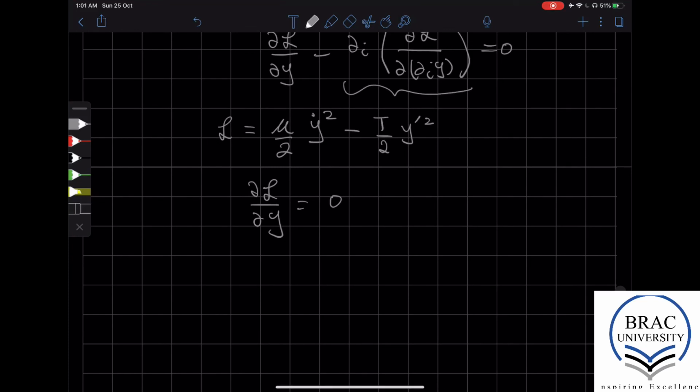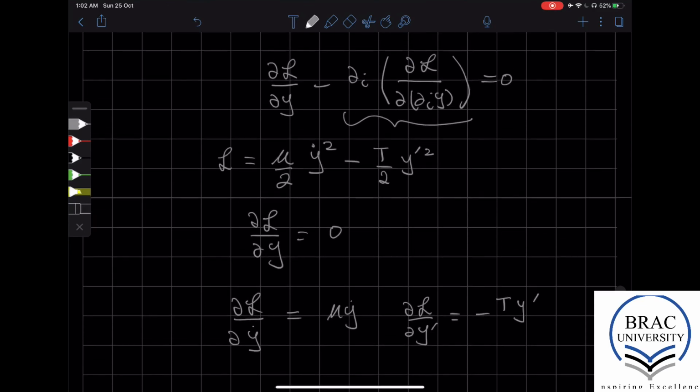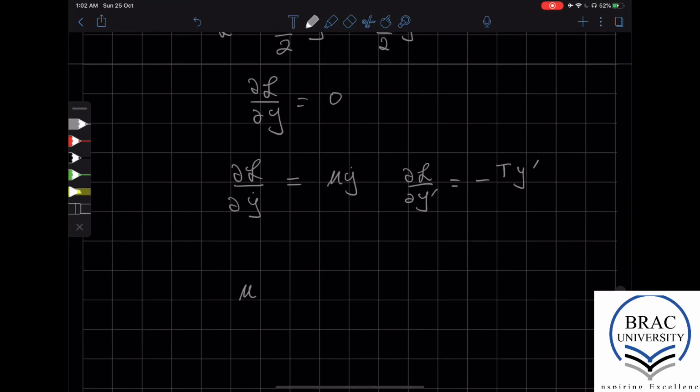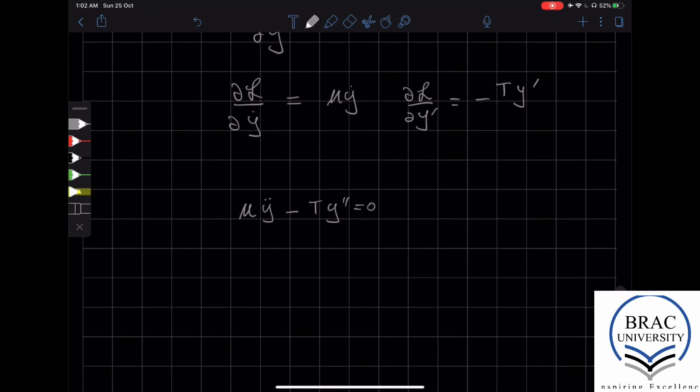But there'll be two terms contributing to the second term. And so we will have delta L by delta y dot. That's going to be mu y dot. And then there'll be delta L by del y prime. And that's going to be minus T y prime. And of course, for the equation of motion, we have to take another derivative. And then the equation of motion becomes mu y double dot minus T y double prime equals 0, which we can write as